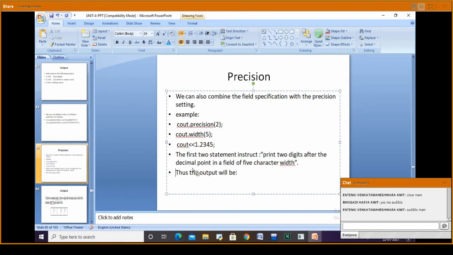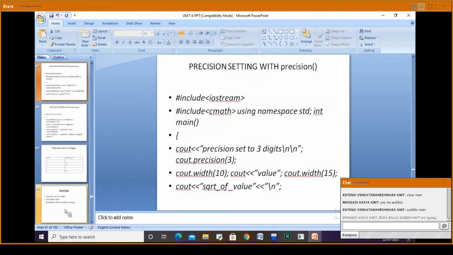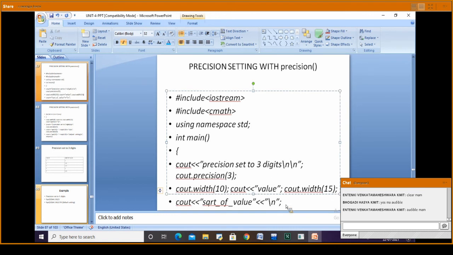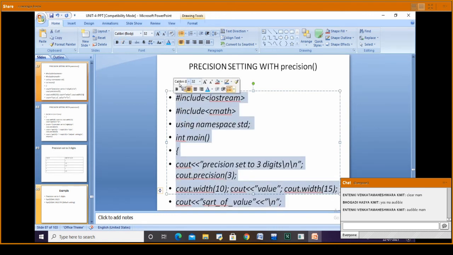So the output will be 1.23. We have one small example on precision. I have included cmath.